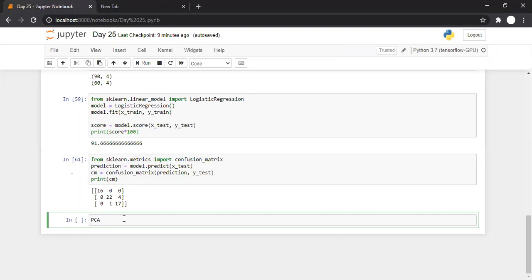Reducing the dimensionality means what? Instead of using all features, select only a few features. This is called reducing the dimensionality. So principal component analysis is the first most important method.